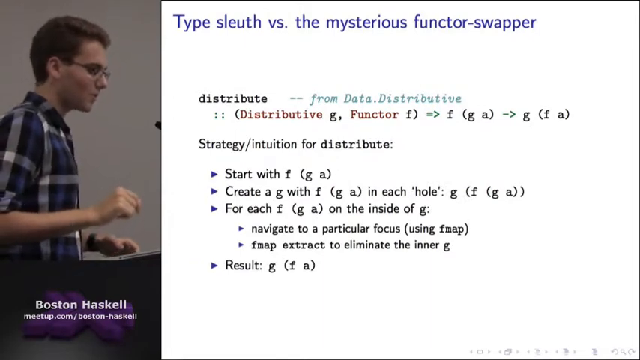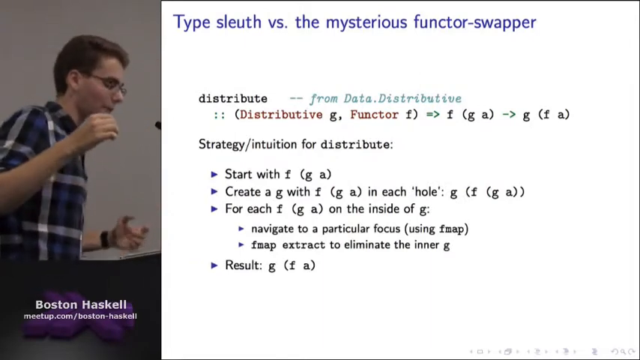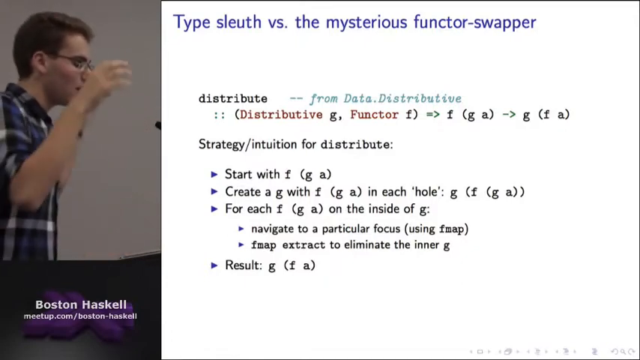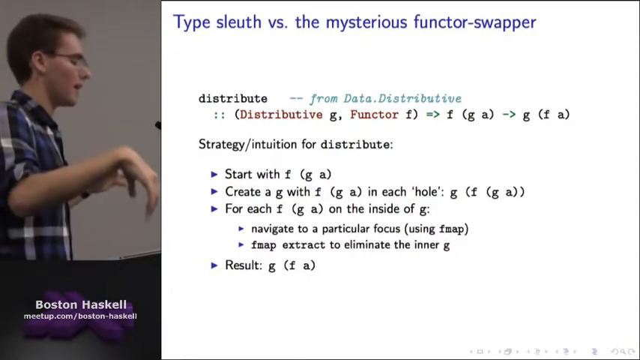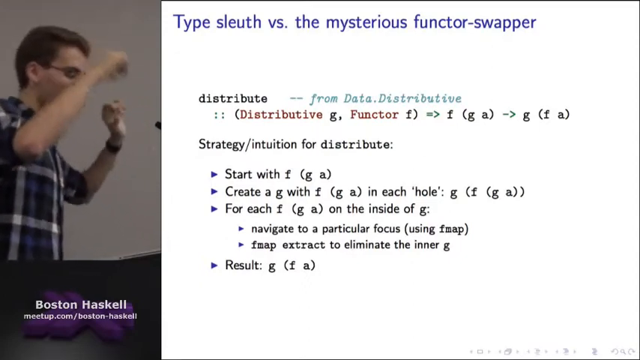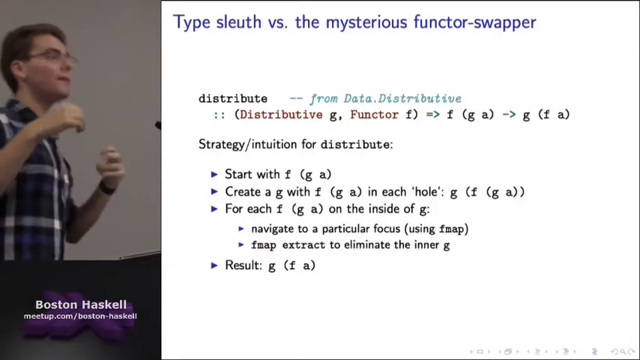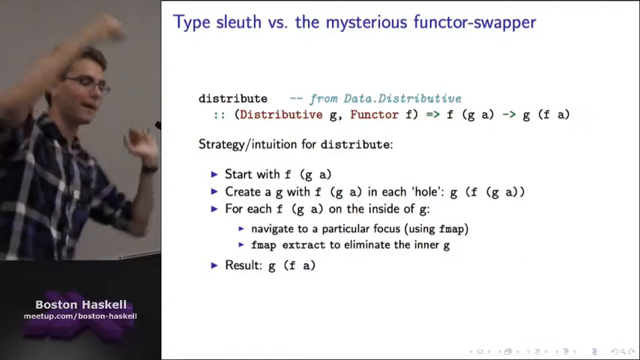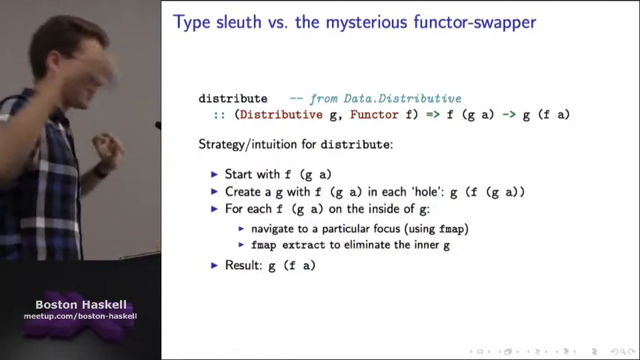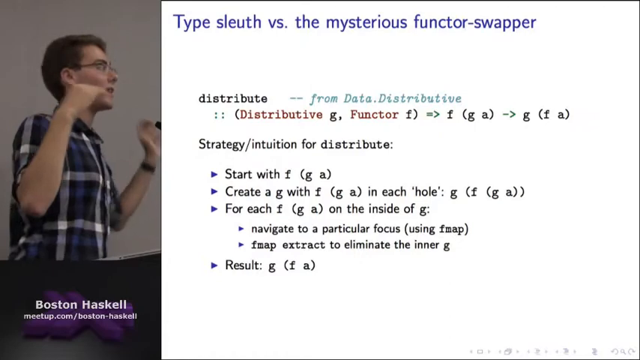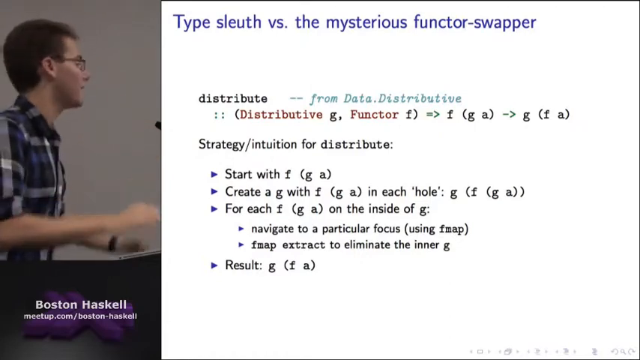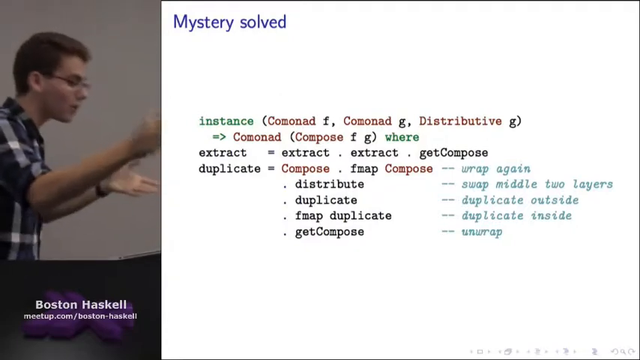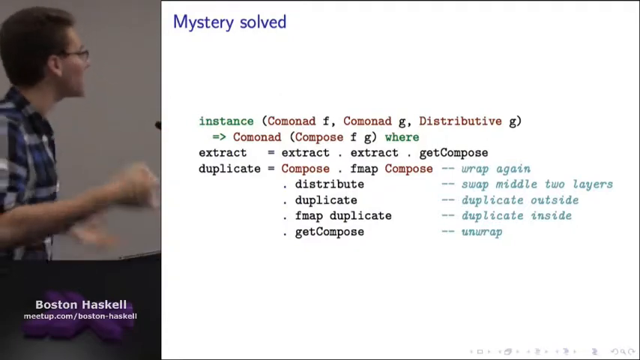So distribute, this is my intuition for how you should go about defining this distribute function. If you start with an f of g of a, you create a g with an f of g of a in every hole in g. Then, for each f of g of a on the inside of g, you navigate to a particular focus using fmap to pass your navigation commands down through the functor, and you fmap extract to eliminate the inner g. And as a result, what you get back is a g of f of a. So, if you plug the whole thing in, requiring only that your inner comonad is distributive, you can get the